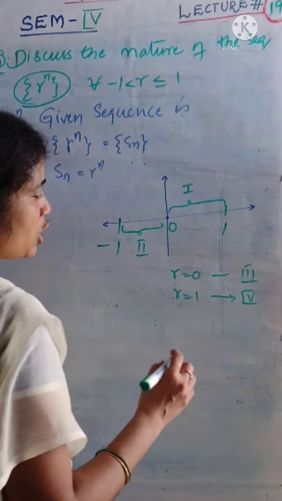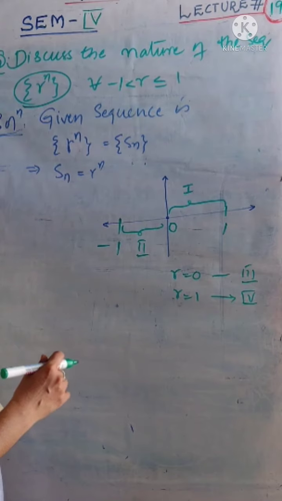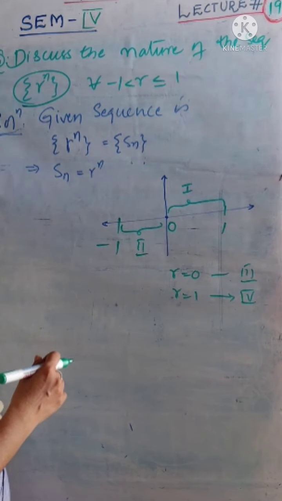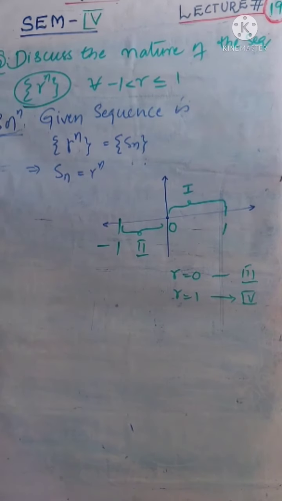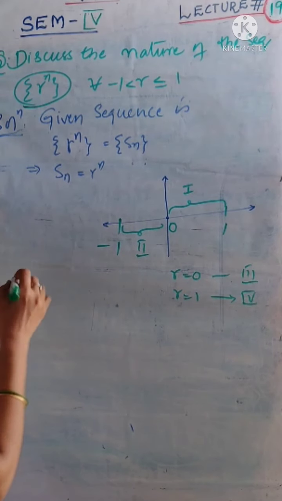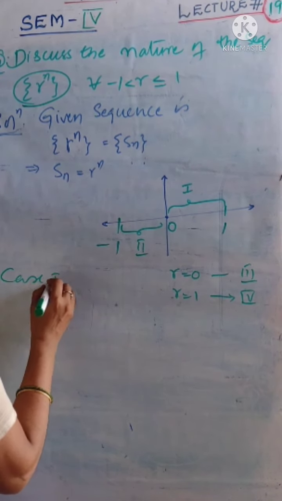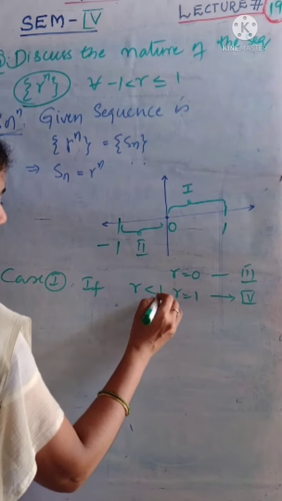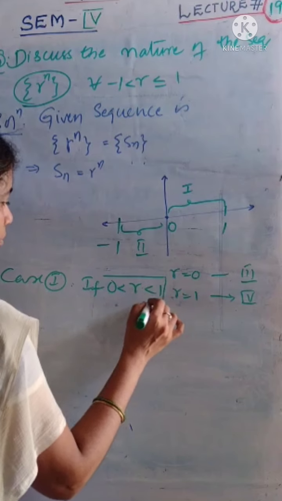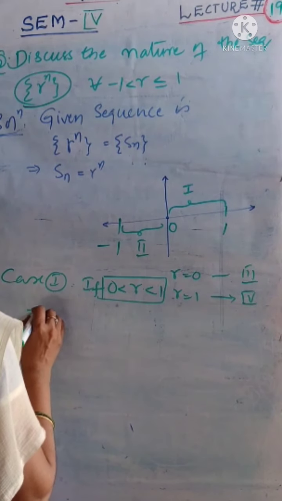In each and every case let us observe the nature of given sequence, whether it is convergent or not. Coming to the case 1, if the value of r is in between 1 and 0, in this case let us take